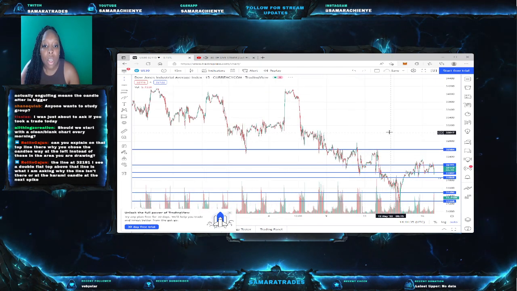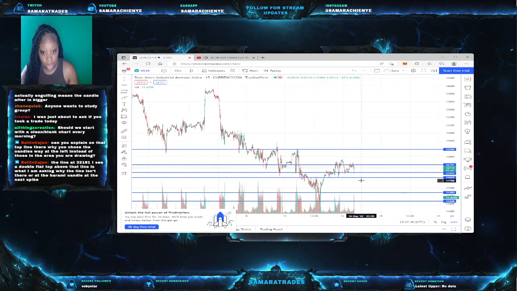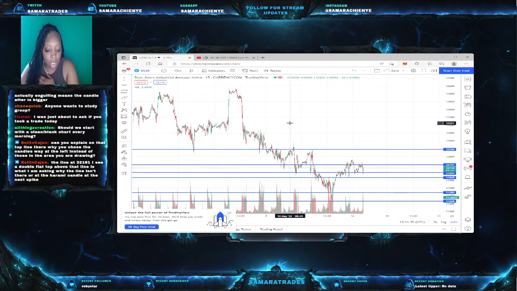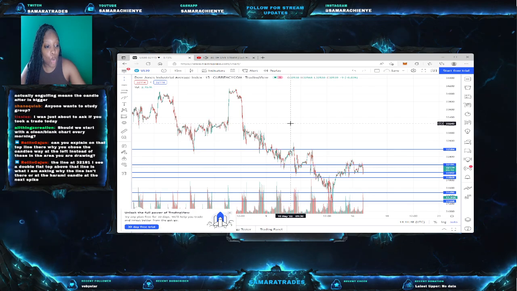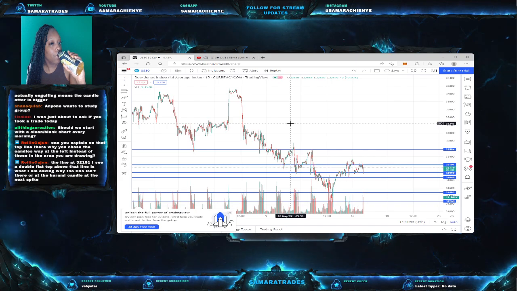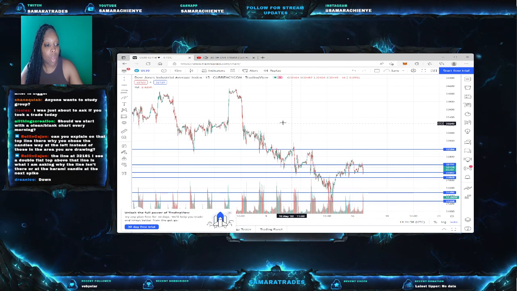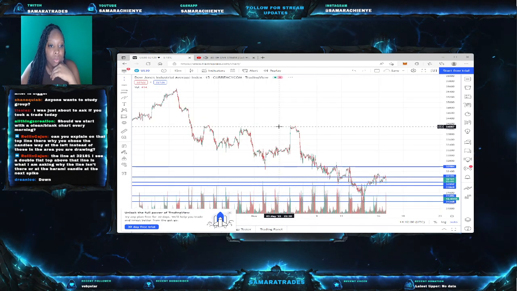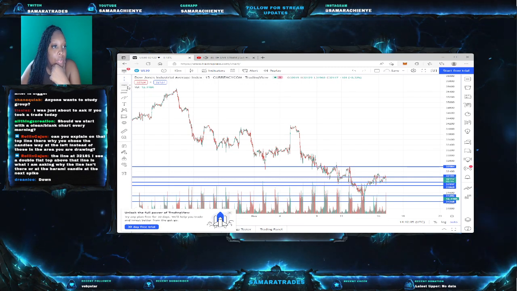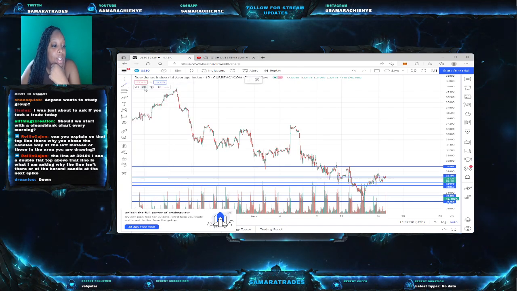All right. So just from looking at this, can y'all tell me what the market of US30 is doing? Is it going in for an uptrend or a downtrend? Y'all let me know down below, in the chat box. Let me know. What do y'all think? Is it going for an uptrend or a downtrend? Looking at it naked. No trend lines, no nothing.